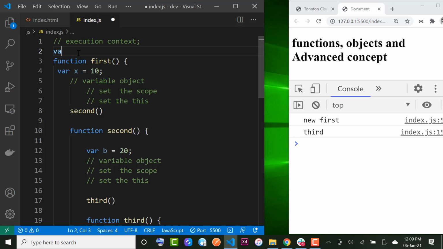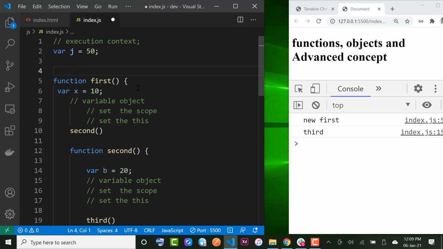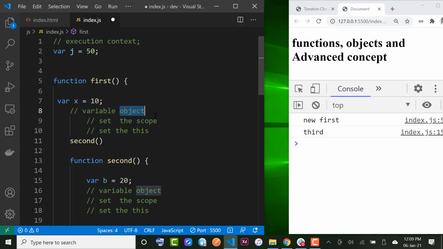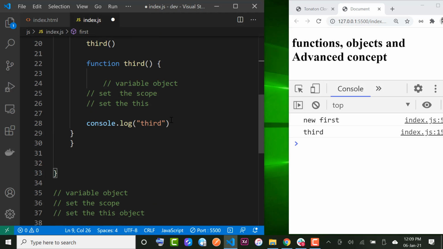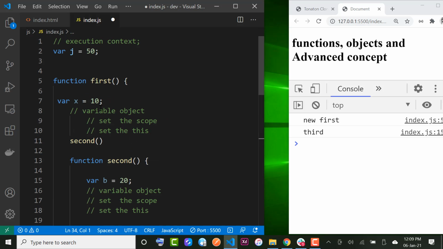you have another function here, variable j equals 50. In this particular variable object, it will set the scope here such that it will be aware of what it can have access to. At this point, it's aware the scope chain runs upward. So even the third function, which is inside the body, can have access to